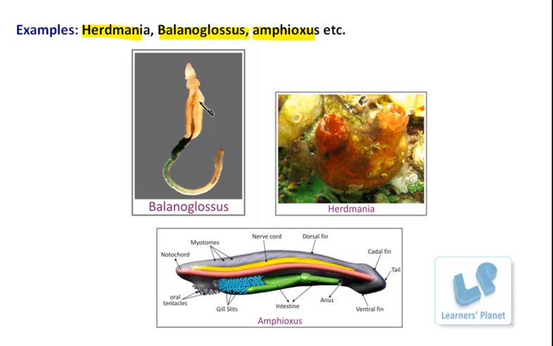Initially, in these organisms, a sort of diverticulum extension was present in this proboscis part, which was considered as the notochord. And of course, they have the pharyngeal gill slits. The pharynx here is highly perforated, and the gill slits present help in the respiration process of these organisms. Then regarding the digestive system, they have a